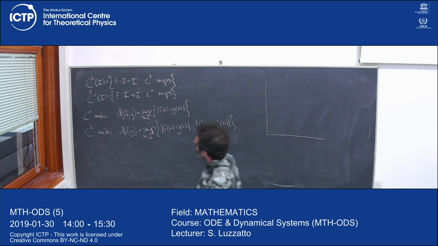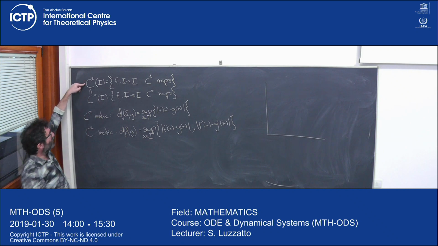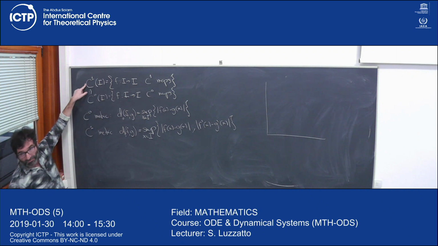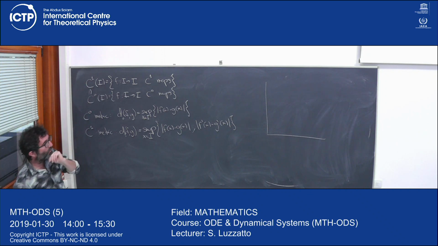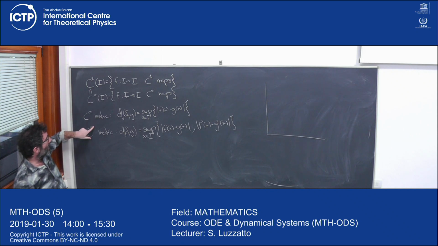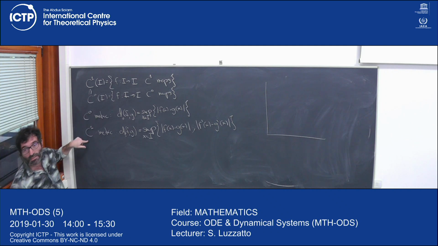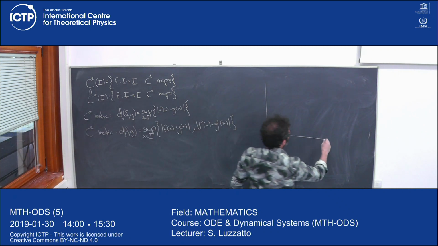The C0 metric is defined for continuous functions. The C1 metric is defined for differentiable functions, but of course differentiable functions are also C0, so you can also look at the C0 distance of two differentiable functions. Something I want to remark is, suppose we have C1 functions, and it's interesting to compare the C0 distance between these two functions and the C1 distance between them. This can be very different. So, for example,